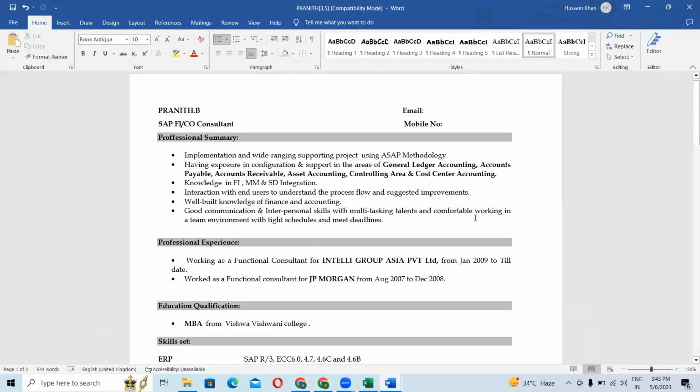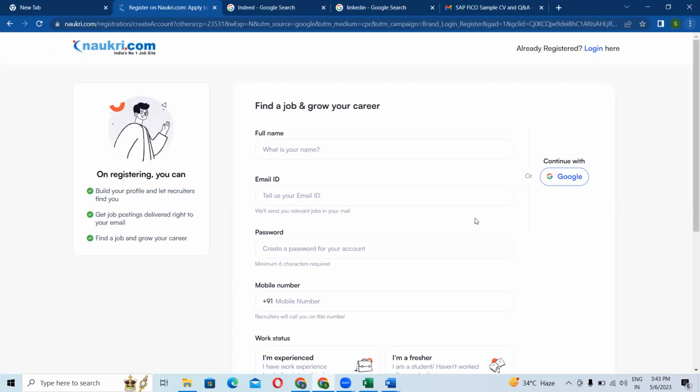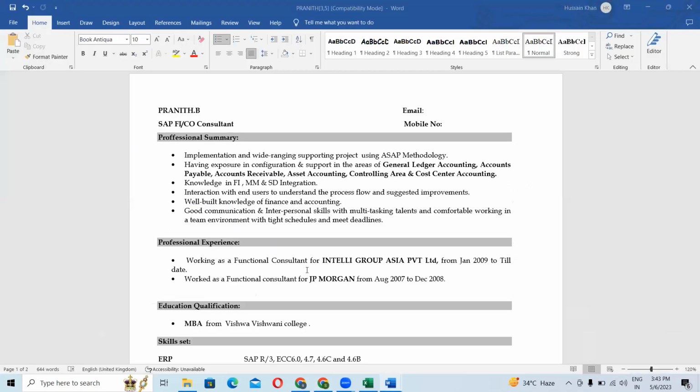Also, before we move on to the CV part, whenever you create a CV, don't try to copy and paste the details of somebody onto your CV. Let's suppose you have a CV. Let me take you through it. Just give me 1 minute.